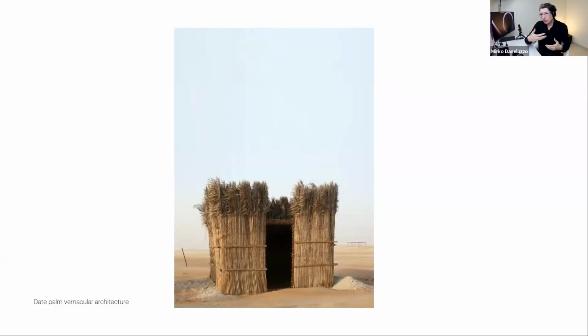The fascination was also that these elements are not completely enclosing, not creating a completely opaque wall, but something that has interstices between the